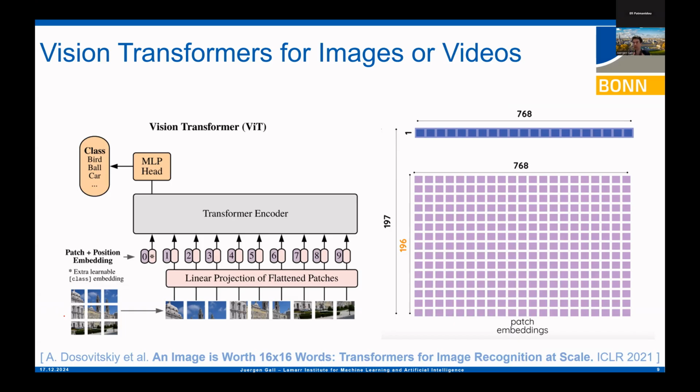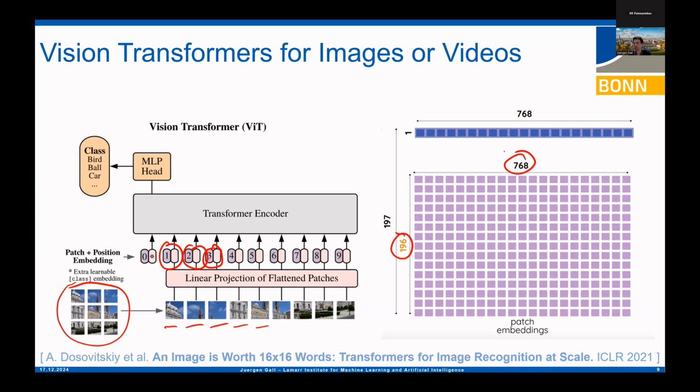In principle, you have video data or image data, and what you do is represent the image, in this case, by a set of patches, indicated here by the different patches, which are then projected into a vector form. And what you also append are the numbers 1, 2, and 3. That's the so-called position encoding, because you want to know where this patch is coming from. These features are fed into the so-called transformer encoder, and what you get is a representation of a set of tokens. This is just your number of patches, in this case 196, and each token is represented by a feature of a certain length.